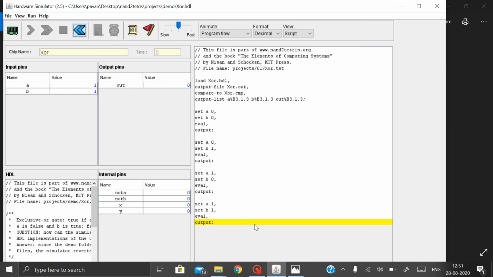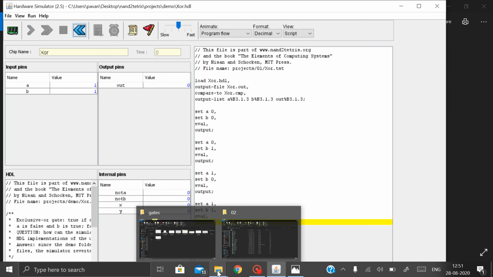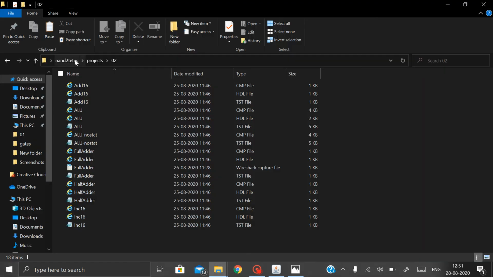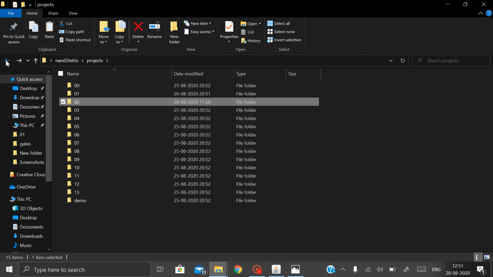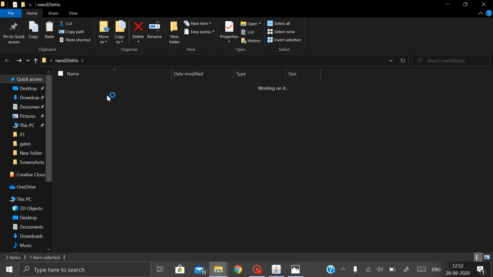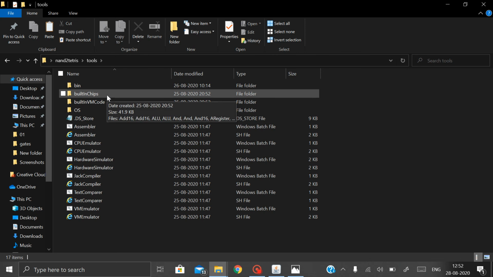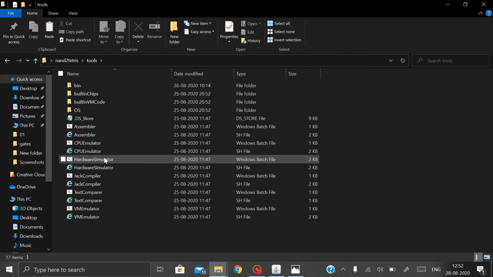Now I will show how the file pairs look like for Nand to Tetris. This is of every project. See, from 1 to 7, it's from the first part, which I told from Nand to Hack, and 8 to 13 are from Hack to Tetris. Okay. And when you go for the tools part, actually from the first and second project, we use only hardware simulator. Okay, hardware simulator also you can find in the tools part only. Don't search for more things.